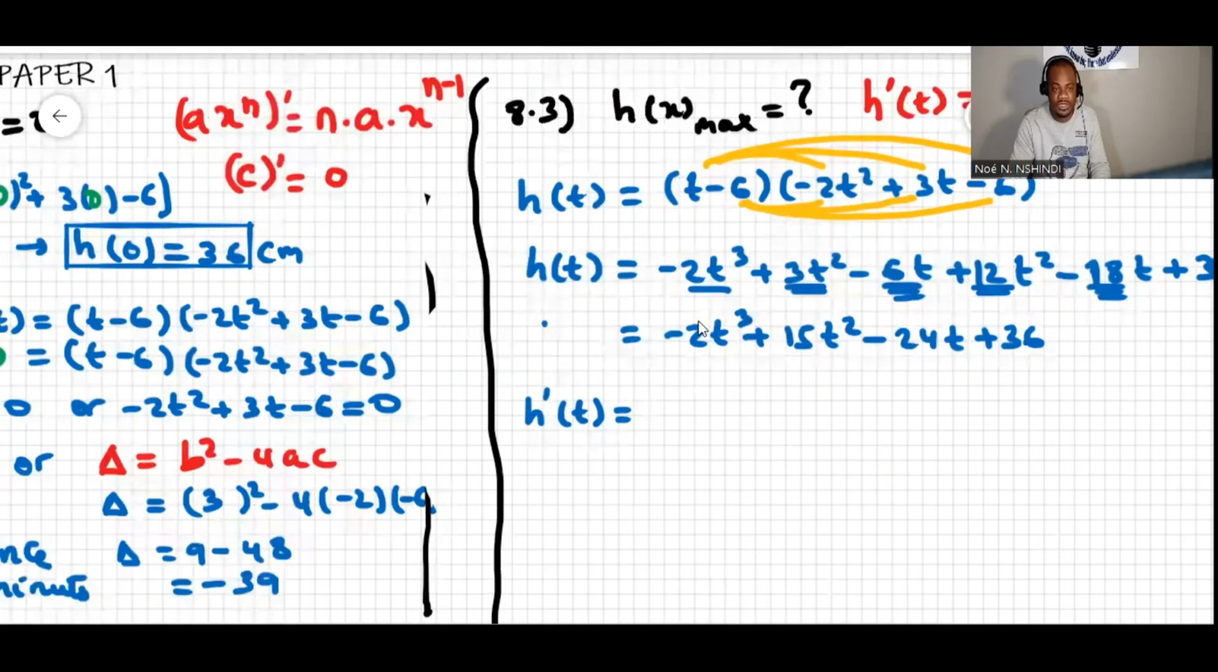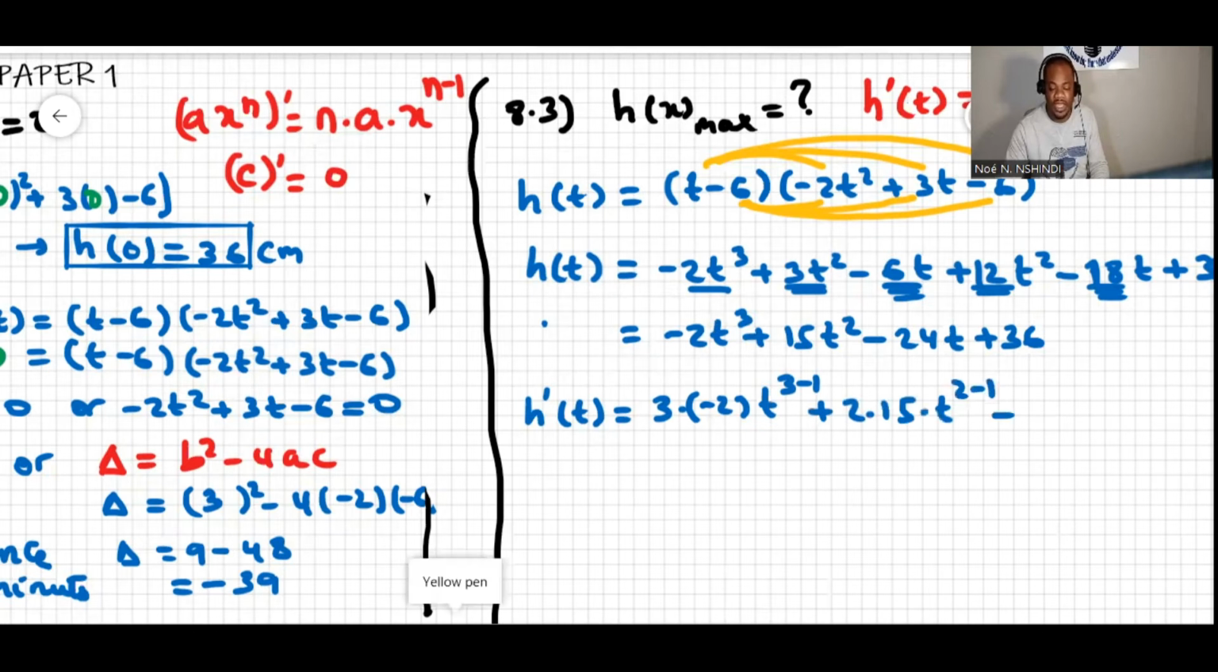negative 2t cubed, okay? This will be 3 times negative 2 t to the power of 3 minus 1, because here n is 3 and a is negative 2, so we apply this formula. And then the following term will be 2 times 15 times t to the power of 2 minus 1. Minus 24t has exponent 1, so this will be 1 times 24 times t to the power of 1 minus 1. And the derivative of a constant like 36 is just 0. Now this would then be negative 6t squared plus 30t minus 24,